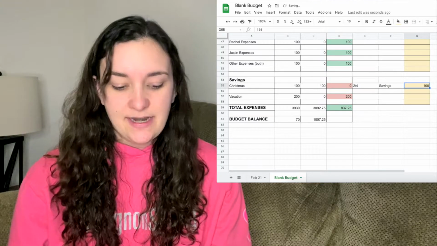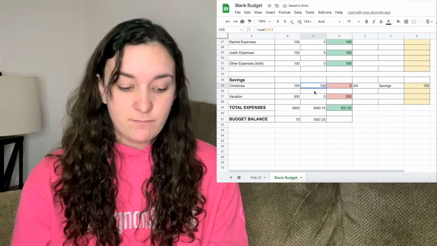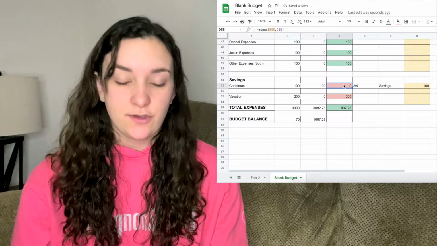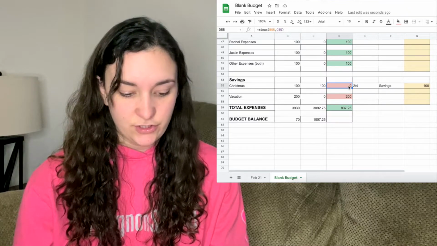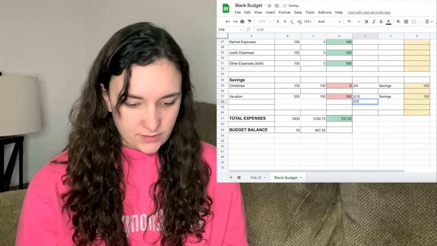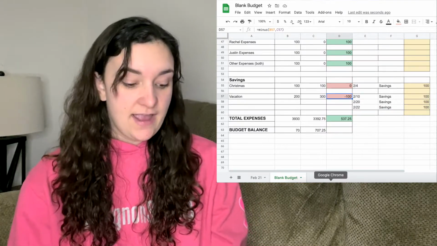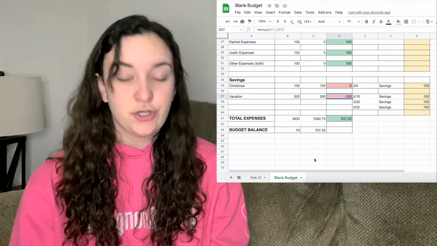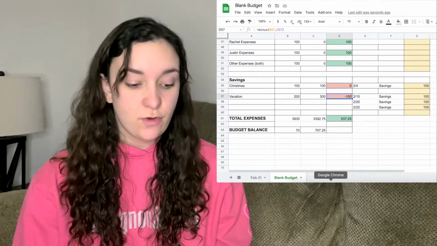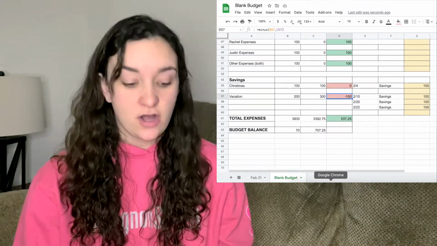This one is usually set up so that if I save more than I budgeted, that's a good thing. So I actually have it set up that this will turn green. Say we're saving like 100 bucks per paycheck and we get paid 4 times a month. Then at the bottom here, I have it set up to calculate the total of the entire spreadsheet. So all of our income, all of our bills, and all of our expenses.